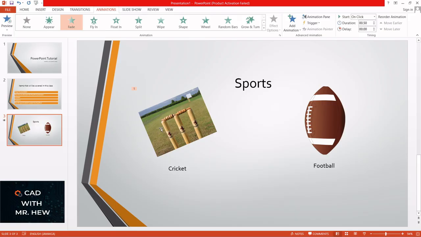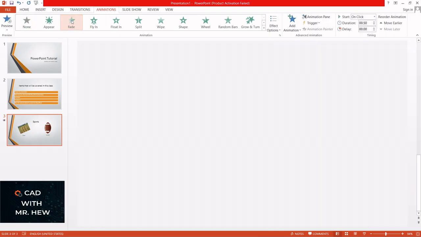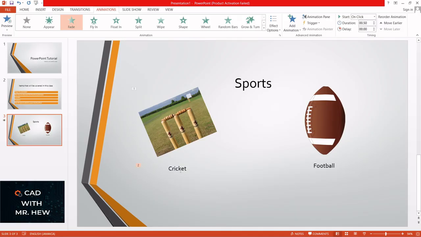Then I'm going to animate the cricket. So I click on the text box. Gonna come here, gonna make it consistent, gonna click the fade, right? And see it came in, right? Huh? Right. Now